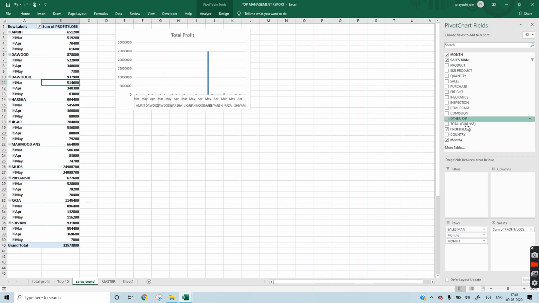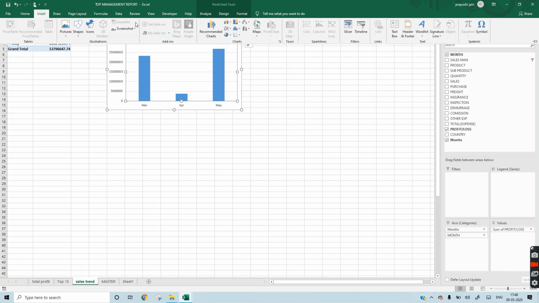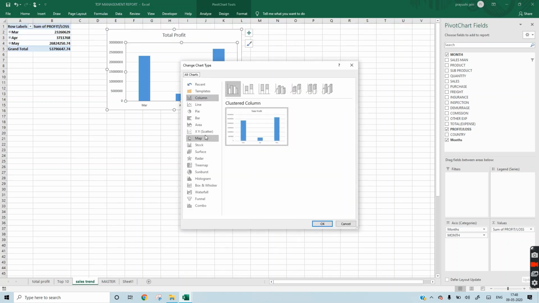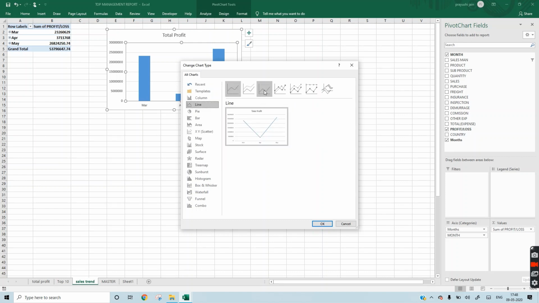We will need month in this. I prefer a line chart in this. You can select anything.